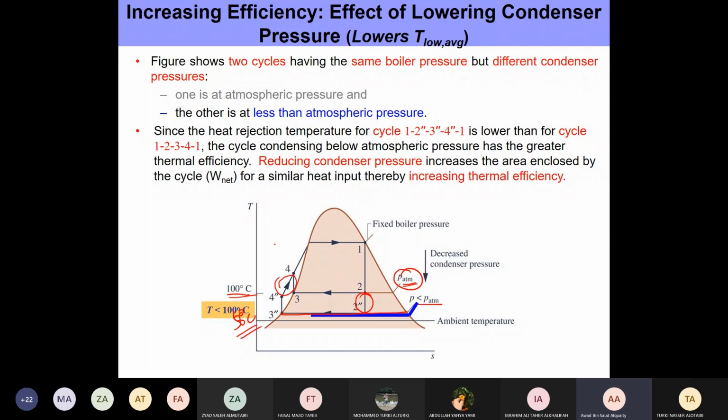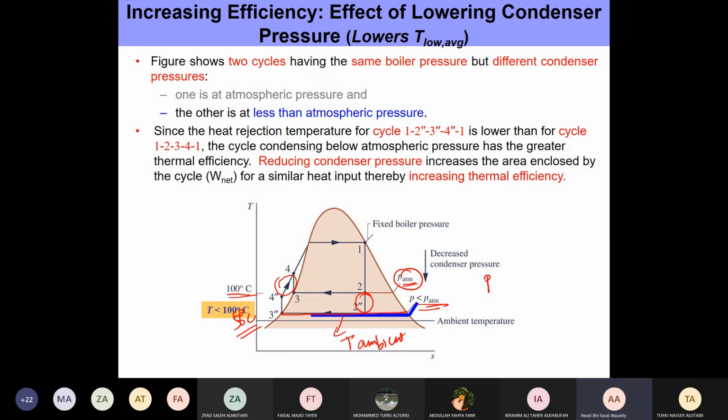Okay, now the question is, well, how low can we go in terms of the pressure? So we said the pressure and temperature are sort of related. So we have to ensure that the water in the condenser is at a temperature which is higher than the temperature of the ambient, so that it can reject heat to the ambient, right? That is mainly how heat transfer happens. It happens through temperature difference, right? If you don't have a temperature difference, heat transfer cannot happen.